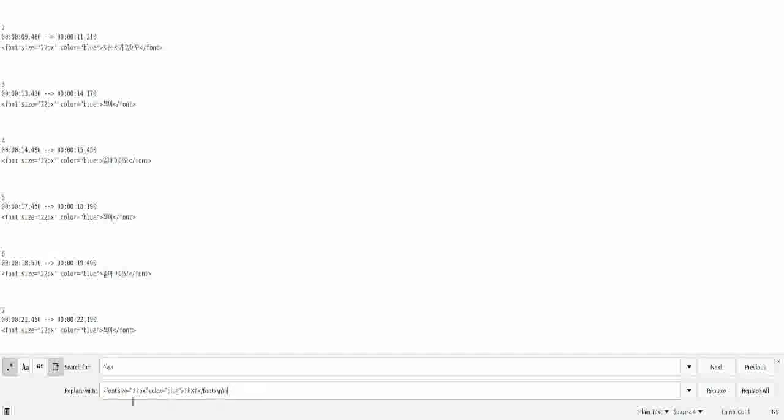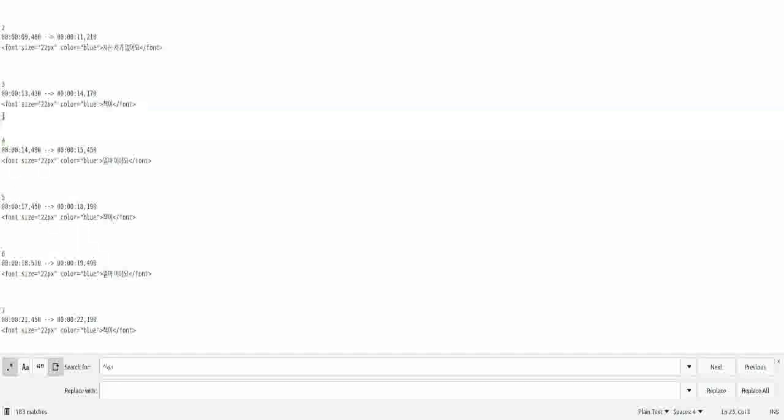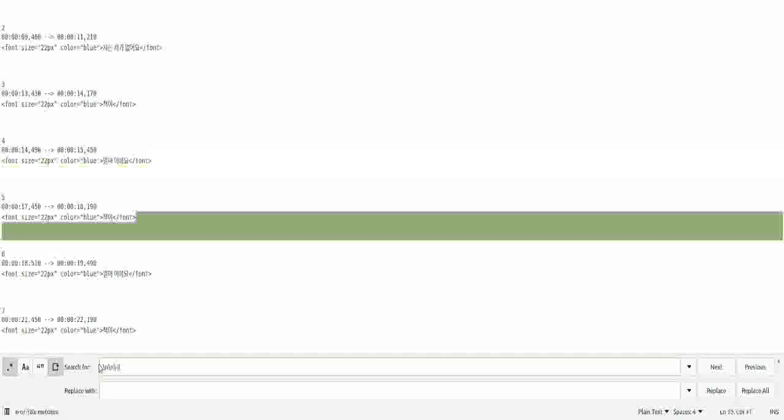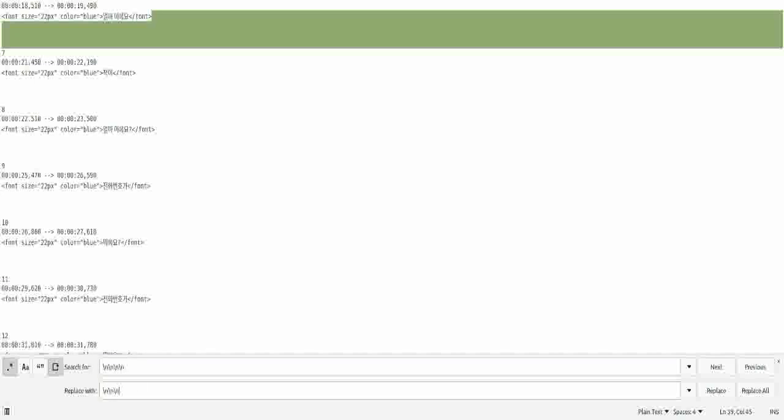So I've now got to get rid of those, and I've got 1, 2, 3 gaps. So what I can do here is search for 1, 2, 3, 4 new line characters, and I'll just replace that with 1, 2, 3 new line characters,